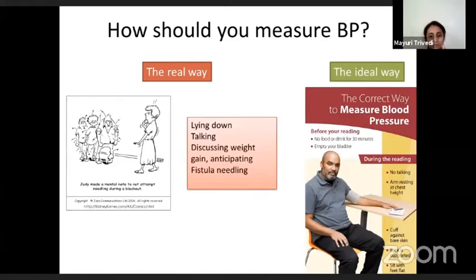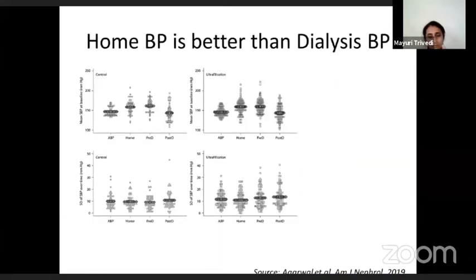तो it's not at all unexpected that the blood pressure will be high when all this is going on. You know, they are not feeling well because they're in the dialysis unit. They are not happy. They're lying down. So ये सब चीजों के कारण blood pressure is going to be high. It's not going to be the real blood pressure that we talk about. You know, अगर study में देखो कि अरे ये blood pressure अच्छा है, that doesn't apply when you are doing this, you know, very messy blood pressure.